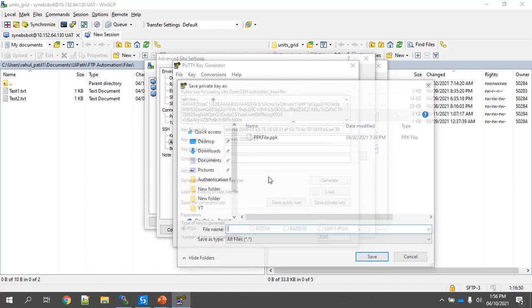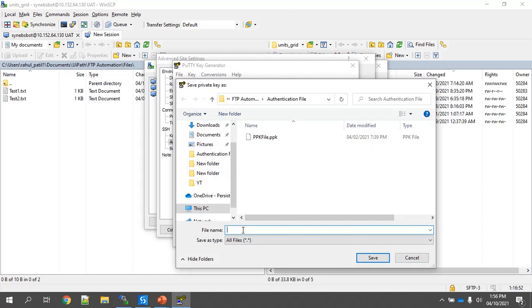I will click on yes, and I will provide the name ssh.key. Dot key is the format that we have to use, and we will save this. You can provide any name, that doesn't matter here. I just provided SSH because we are transferring that PPK file, that is the private key file, into the SSH file, and the dot key extension is what we have used.